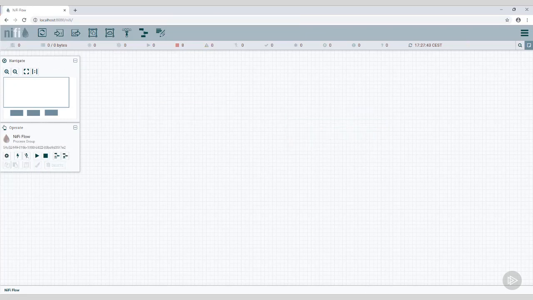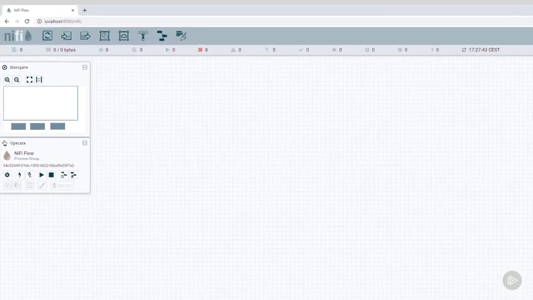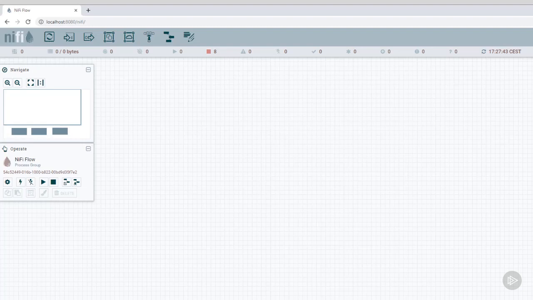Let's now see what the status bar shows us. The status bar can be found below the Components toolbar and shows us a bunch of things. It provides information about the number of threads that are currently active in the data flow, the amount of data that currently exists in the flow, how many remote process groups exist on the canvas in its two different states, transmitting and not transmitting, how many processors exist on the canvas in each state: running, stopped, invalid, and disabled,